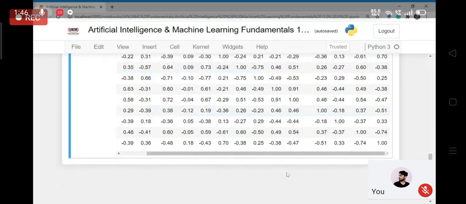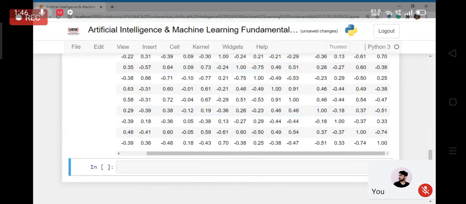Great. Now, once we have figured out that this is the variable, perhaps we would like to pick up that variable as the independent variable. Now, this is specific for today's class only, because in real life, perhaps you would like to predict the target variable in terms of many independent variables, not a single one. But here we would like to keep things simple. That's why we are taking up a single variable.